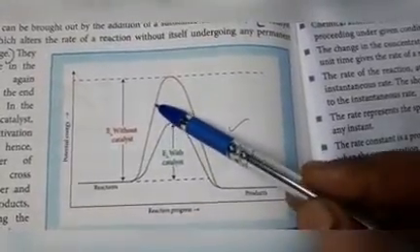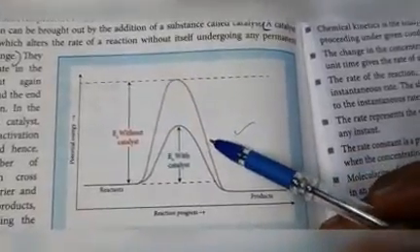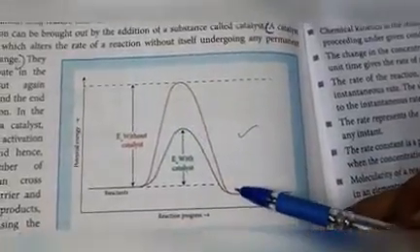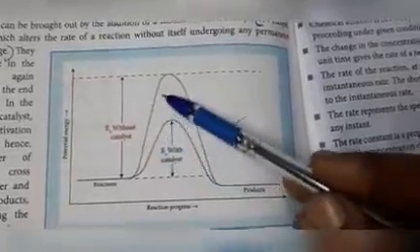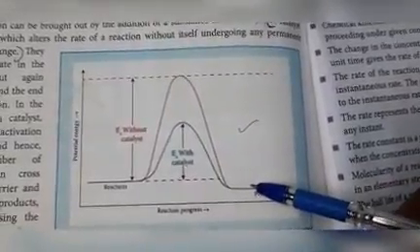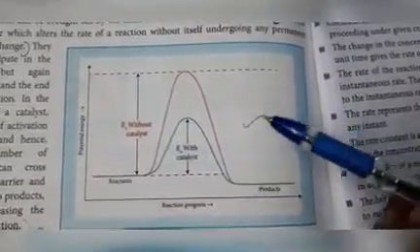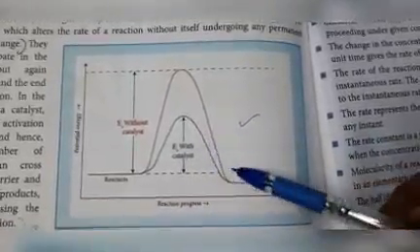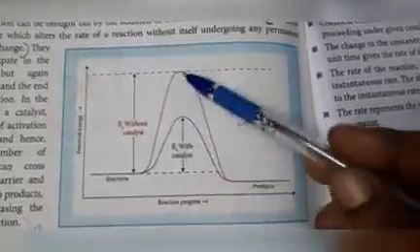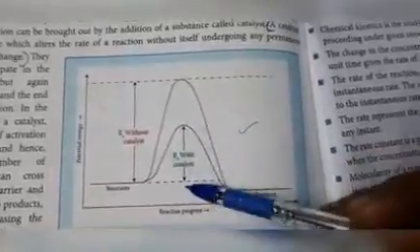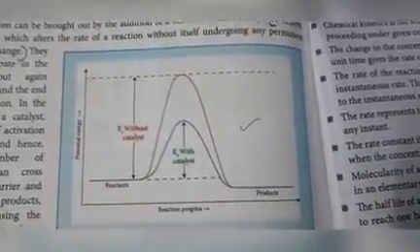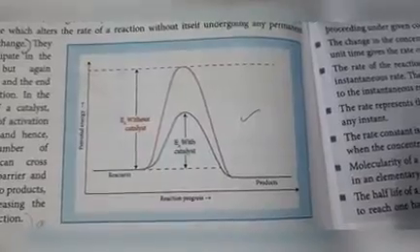If some of the molecules reached here and cannot convert into product, then in presence of catalyst those molecules also can convert into product. So with the catalyst more number of molecules will reach this peak and convert into product. Only in presence of catalyst the rate of the reaction is increased, more reactant is converted into product because the energy level of this peak is reduced. So more molecules can reach the product side. So only in presence of catalyst the rate of the reaction is increased.